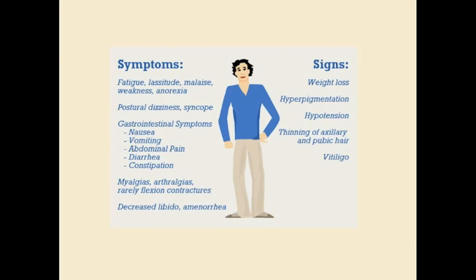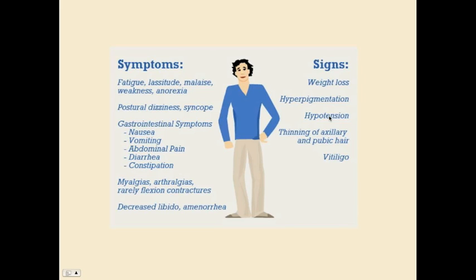So this is not my work. I found this online, but this just kind of covers the major and some of the minor symptoms of Addison's disease or hypoadrenalism in general. So fatigue, lassitude, which is sort of decreased mental energy, malaise, which is decreased physical energy, weakness, anorexia, postural hypotension, syncope, GI symptoms, myalgias, and that's generally due to the electrolyte abnormalities, decreased libido, amenorrhea, weight loss, hyperpigmentation, hypotension, thinning